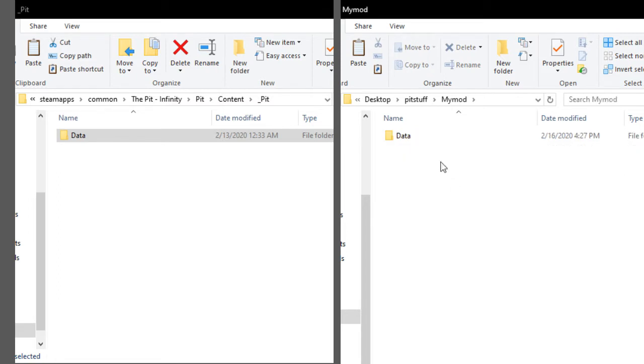Okay, so now that you have your data folder in your mod folder, go ahead and rename that to backup. This is just in case something terribly goes wrong. Once you do that, go ahead and copy a second version of the data folder into here. So this, we're going to have backup to, as a backup, and then we're going to have data, which is the one we're actually going to work from, which we can go ahead and rename something like, work in progress,